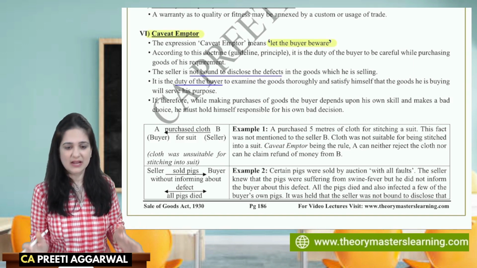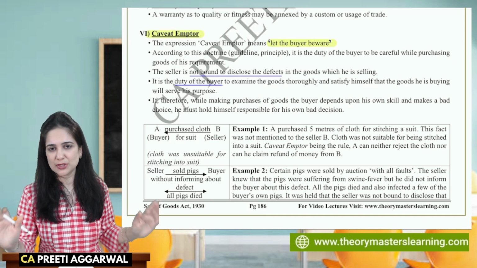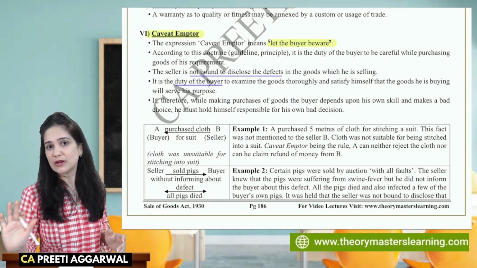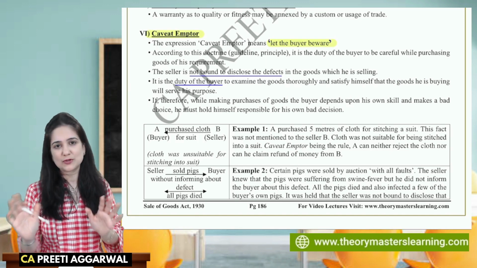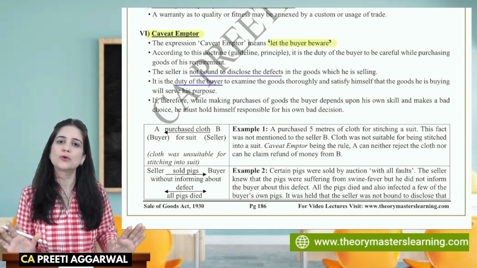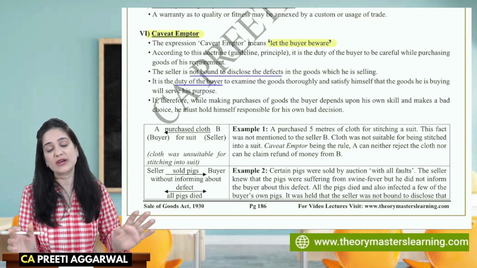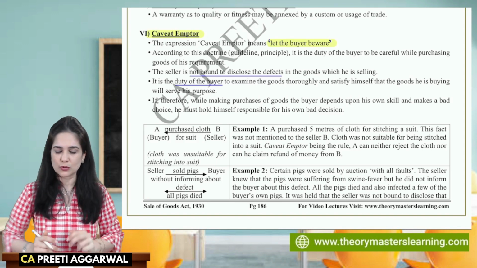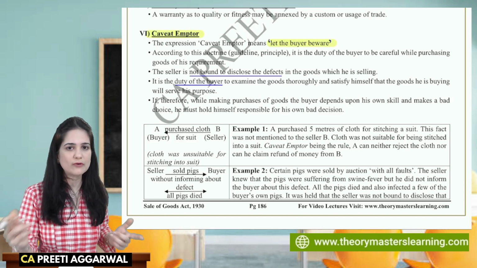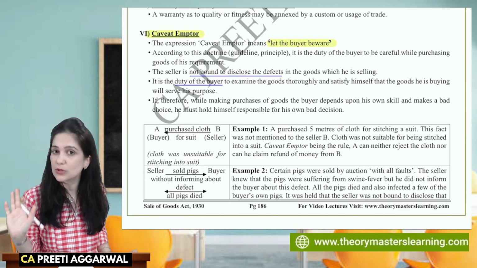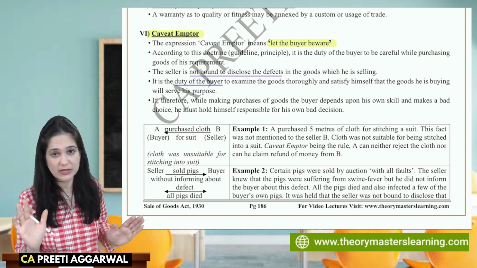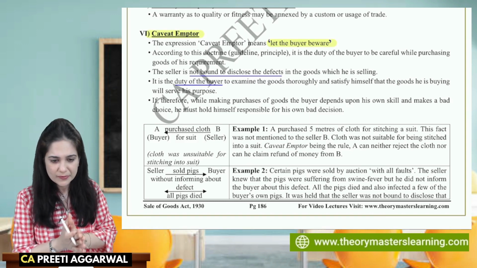But yes, there are cases wherein it is clearly mentioned by the seller that goods once sold will not be taken back. We will exchange, but we will not give you money back. Buyer has to check the goods. So it may be a condition of the seller that I am not going to take back the goods. In that case, we can't argue with the seller. Also, you go to return, seller may refuse, saying that no, you should have checked. Now that you have opened it, now that you have used it, I will not exchange it. So the ultimate decision is that of the seller. He can refuse even in today's market, and you won't be able to argue.